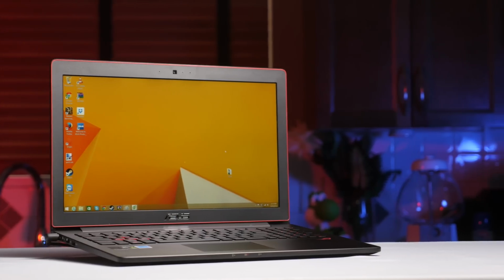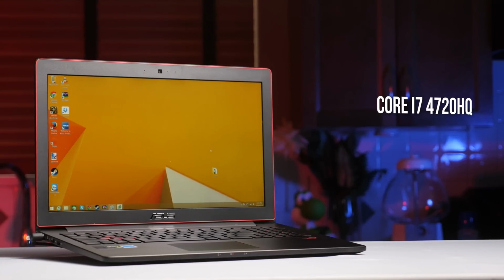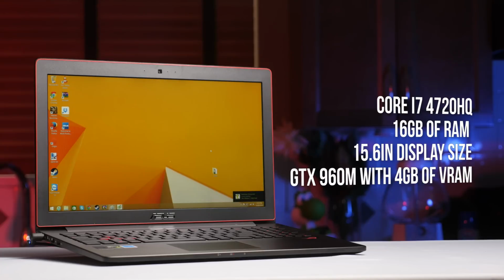So if I'm gonna make a statement like, this is a balanced laptop, I guess I'd better back it up objectively, right? Under the hood, our machine is kitted out with the Core i7-4720HQ that's typical of mobile gaming rigs these days, 16 gigs of RAM, so plenty but not overkill, a 15.6-inch display size, squarely between the 14-inch Blade 14 and a 17-inch monster like the GS70 from MSI, a GTX 960M with 4 gigs of VRAM that lives squarely between entry-level discrete graphics and the legitimately high-end 970 and 980Ms,